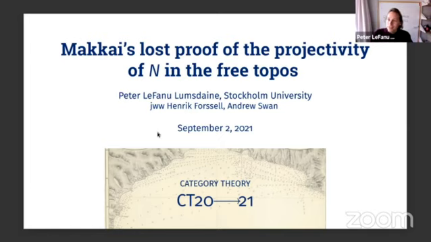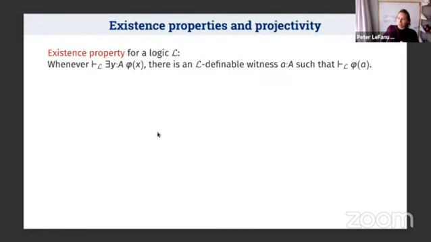But just before getting into the history, I want to give an idea of what the result is, starting with the maths. From one point of view, it's about the existence property for logics, which is a nice property that one can want constructive systems especially to have: when your logical system, or a theory in your logical system, proves that there exists something with some property, then it should be able to construct something with that property. If you're in first order logic, that means it should have a definable witness. If you're in a type theory, it may often mean it should be able to write down a term or something